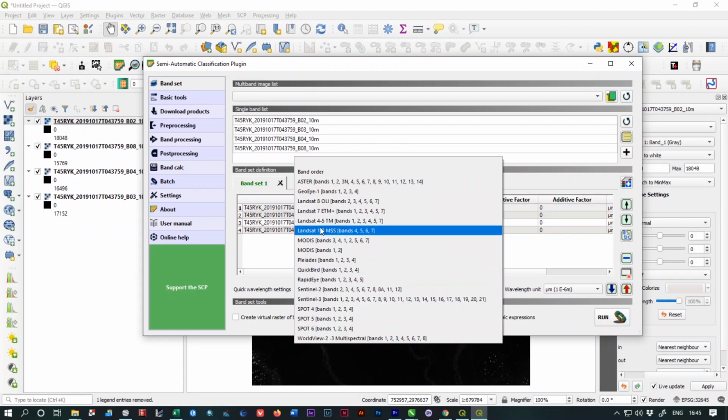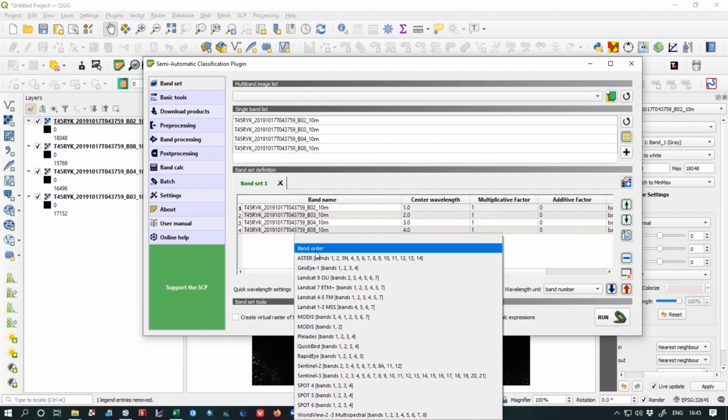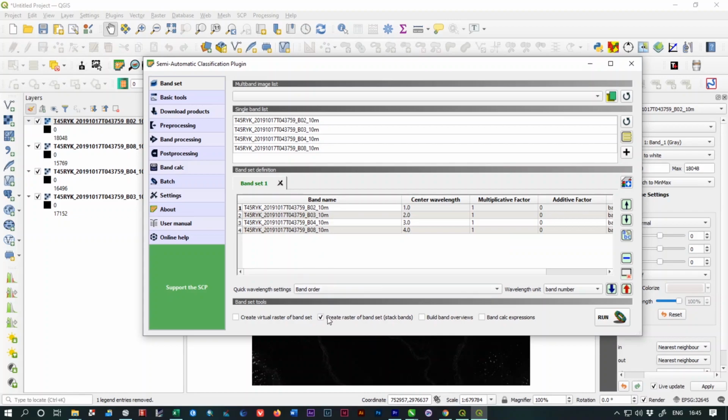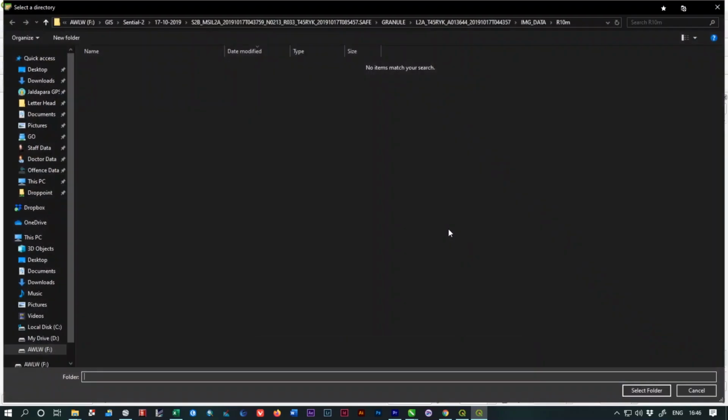And now select band order, and you must check this box, so that it will create a new raster band with all the properties of these 4 separate bands, and click on run, and it will ask you for an output location.